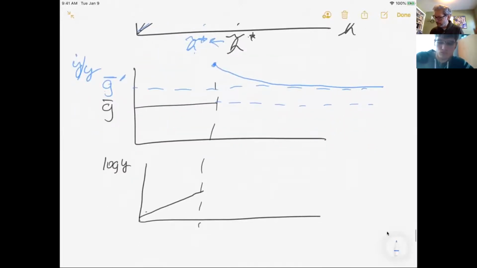What happens to the level of output? This one's a little bit harder to graph, but initially the growth rate is really steep, and then it tails off. But notice that it doesn't go back to the same slope. It has a higher slope now because of the higher growth rate. That's kind of extreme. If I was a better draftsman, I would smooth it out a little bit, but hopefully you get the gist of what's going on. No, that makes sense. Thank you. Cool.